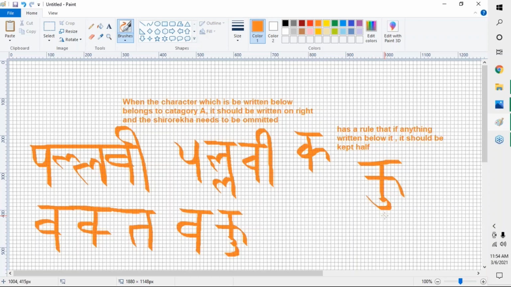K always has to be written like this. Like when I wrote pakka, I showed you there, right? So K, something has to be written below it. So then another K, but there is nothing after that. This K is free, there is nothing below it, so this curve is written complete, and then A, and then Shirorekha is omitted. We don't add a Shirorekha here. See here, we do not add a Shirorekha here. See here, we did not add a Shirorekha here. So that is basically today's class.